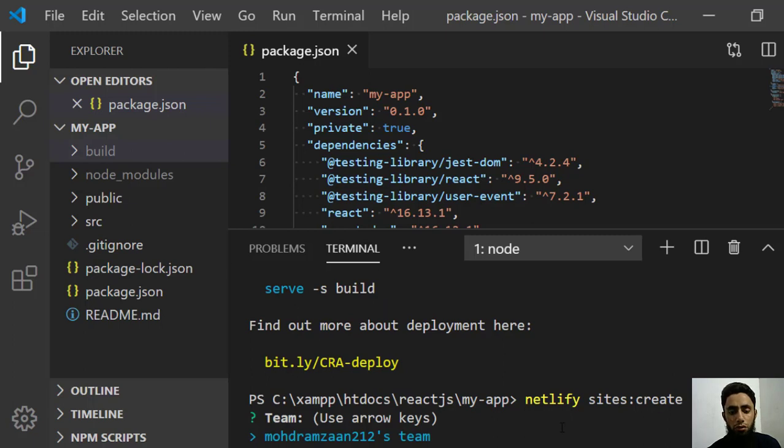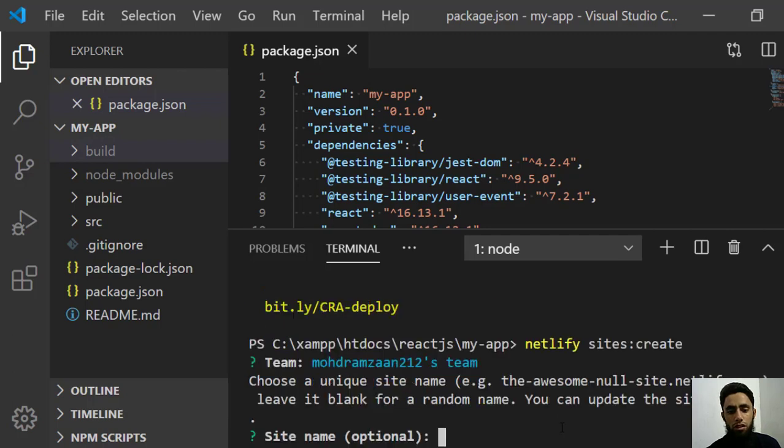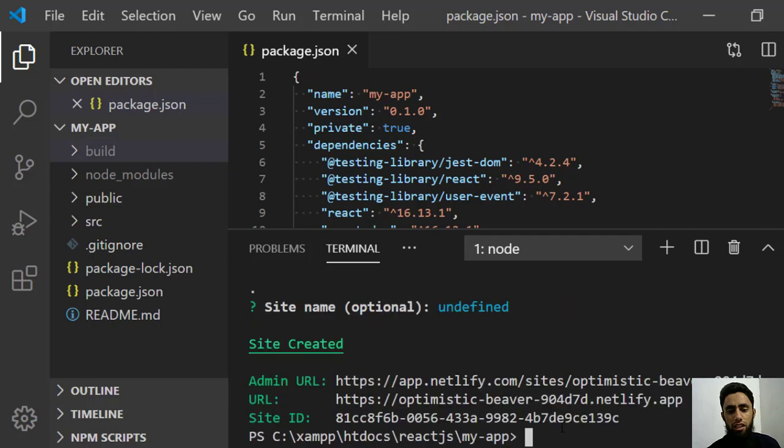Here you have to write some details, like I have Muhammad Ramzan 212. Then the site name is optional, you just press enter and it will automatically take one. Here you can see we have the admin URL, and this is the site ID, which is a unique ID.